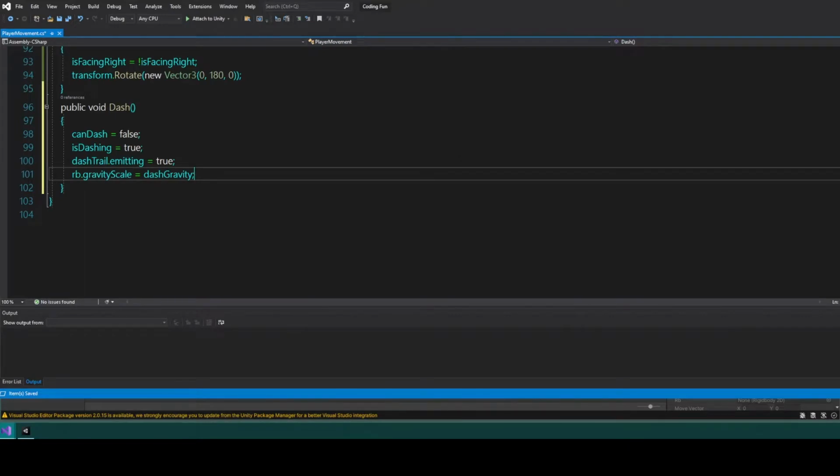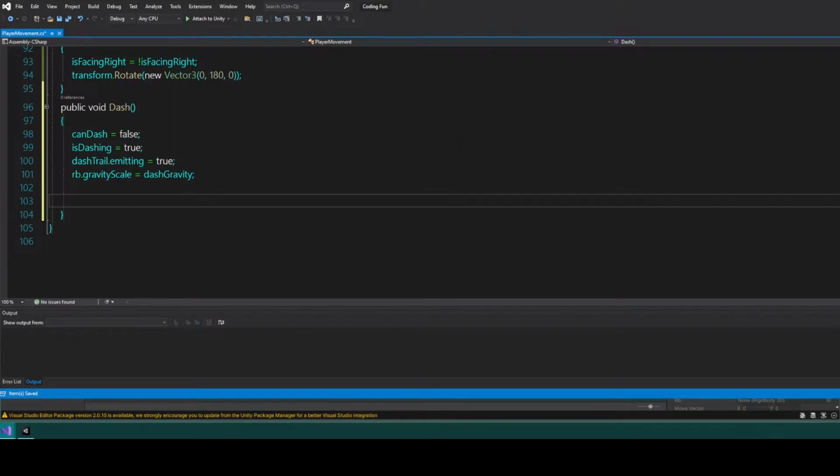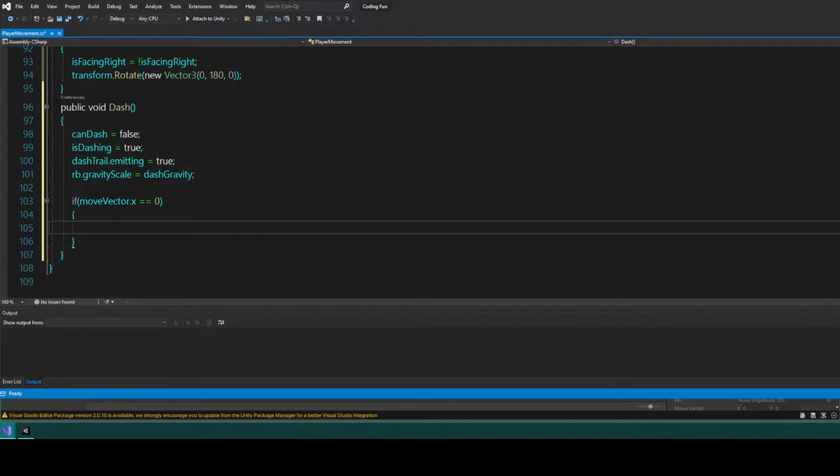Now this is where I couldn't find a video that basically moves you from the standstill using the new input system. So that's where this section comes in. So if our move vector dot x is equal to 0, meaning that we're not currently moving, if we are facing right, then we want to